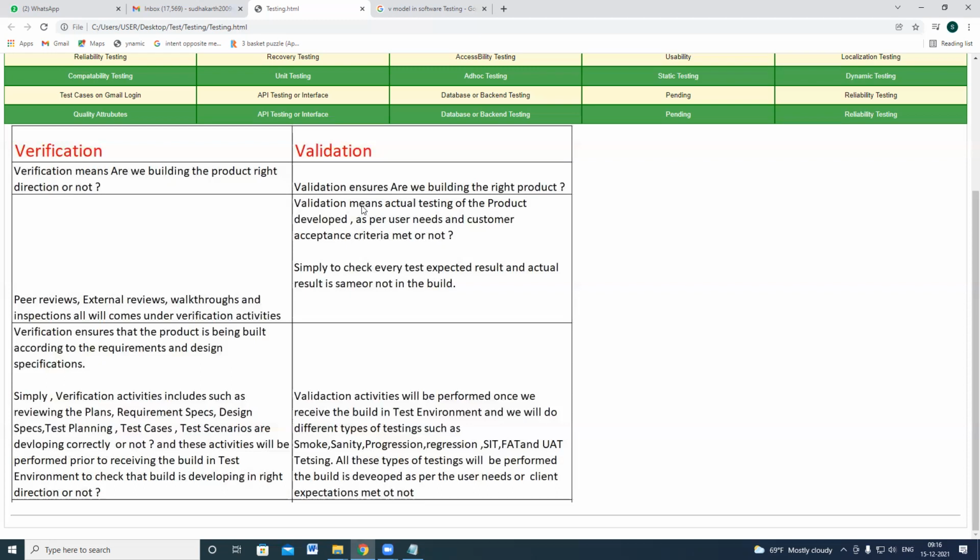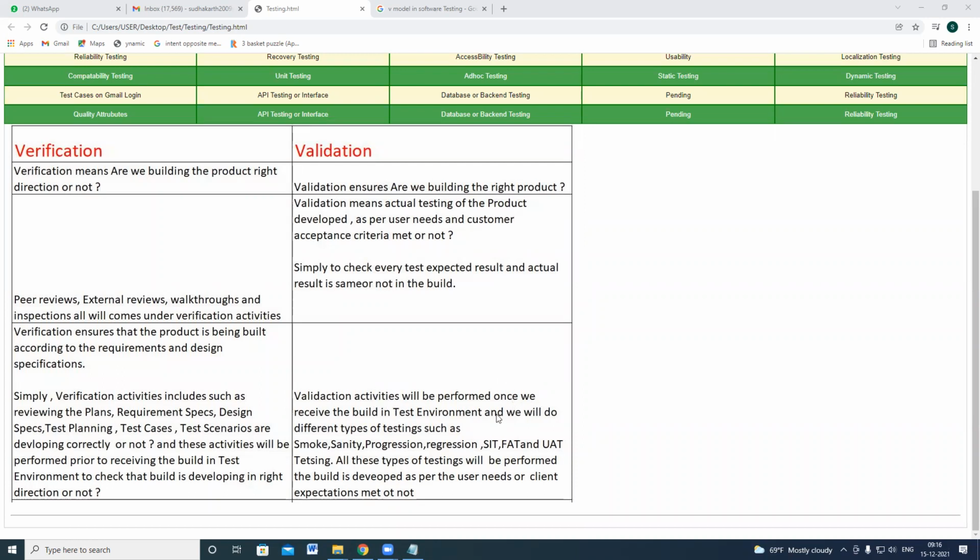All these come under validation activities. Simply to check whether the expected and actual result are the same in the build. Once the build has been delivered, you are ensuring the product is developed in the right direction. Whether the product has been built correctly or not, it is supposed to be developed like this. That is called verification.